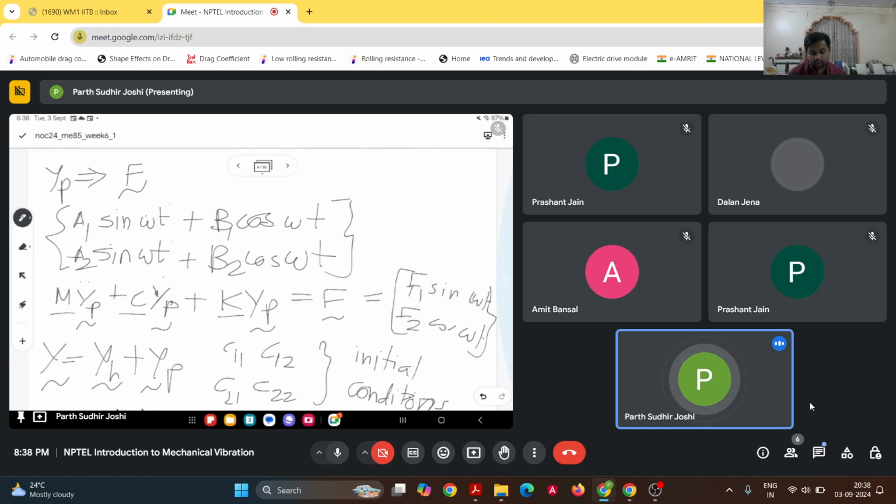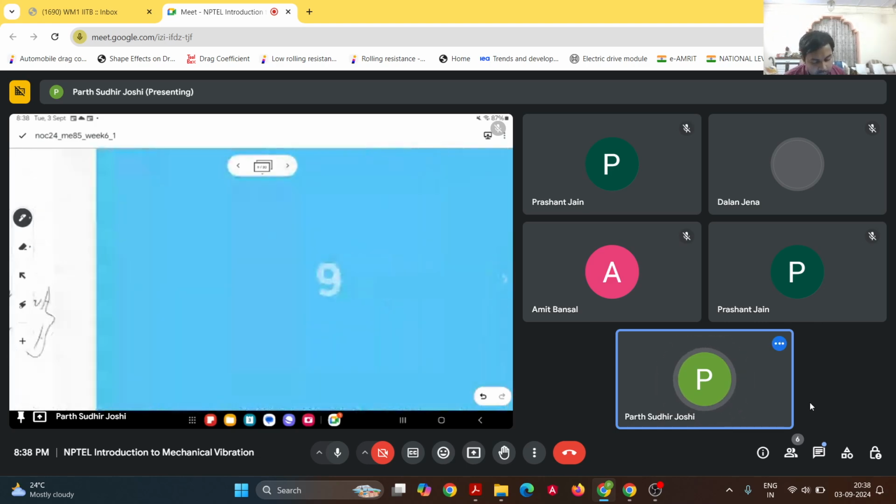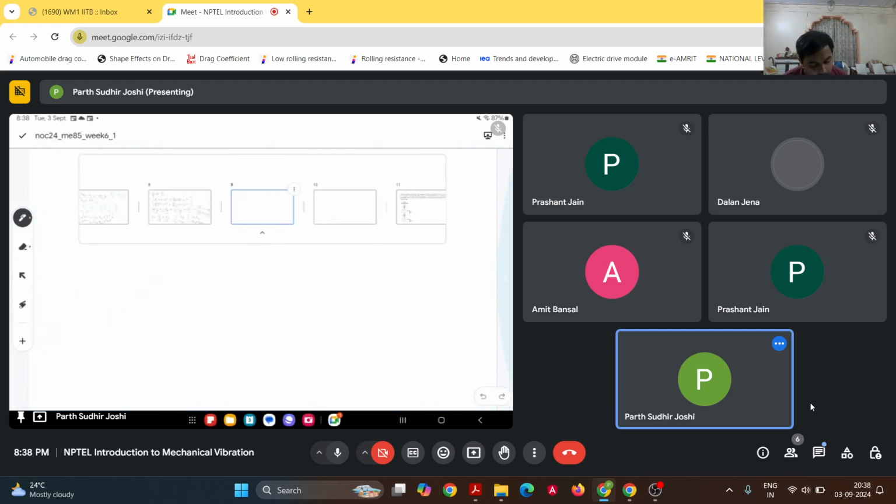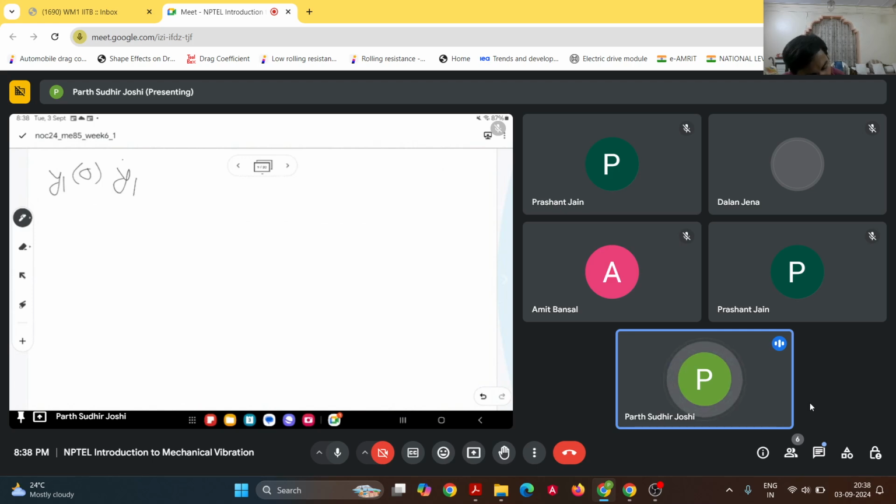So initial conditions meaning that we need to know what is y1 of 0, y1 dot at time t equal to 0, y2 of 0, and y2 dot of 0. So these are the four things that we need to know to derive the unknown constants,